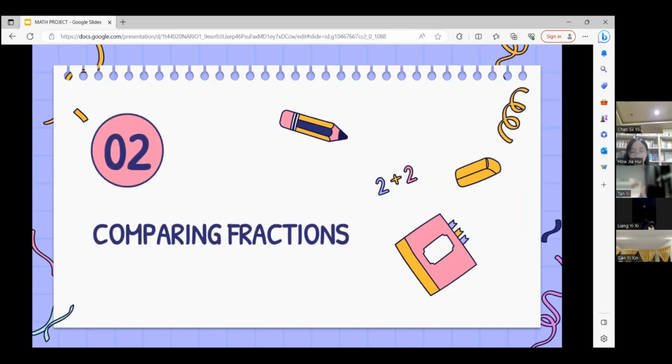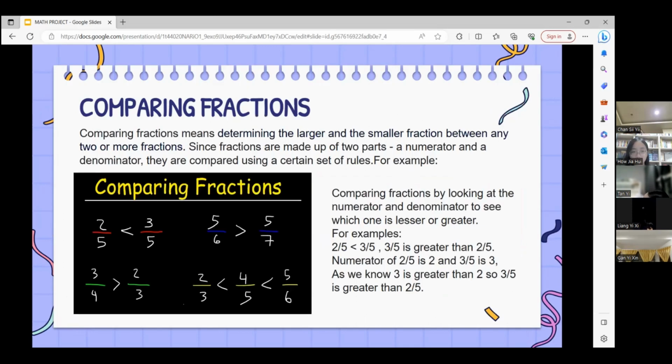Comparing fractions. Comparing fractions means determining the largest and the smallest fraction between any two or more fractions. Since fractions are made out of two parts, a numerator and a denominator, they are compared using a certain set of rules. For example, comparing fractions by looking at the numerator and denominator to see which one is lesser or